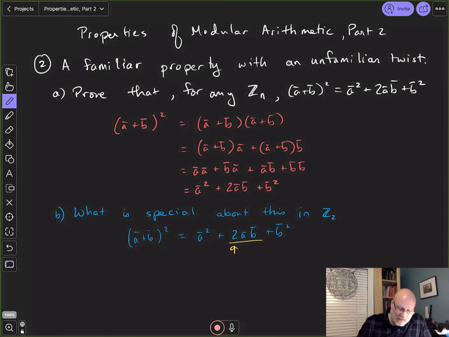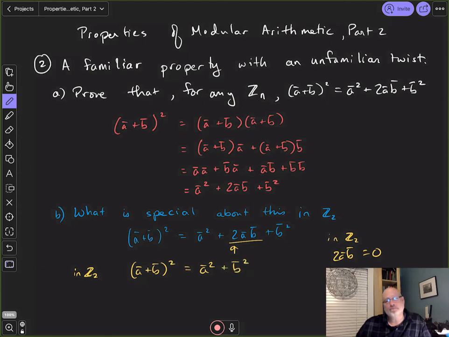So it turns out that in z sub 2, 2ab is equal to 0. It doesn't matter what a and b are. Granted, they're just going to be 0 or 1 here. But we do definitely know that 2 times that is always going to be 0. So it turns out that in z sub 2, a plus b squared is a squared plus b squared, which you probably heard many of your algebra teachers yelling at you about,